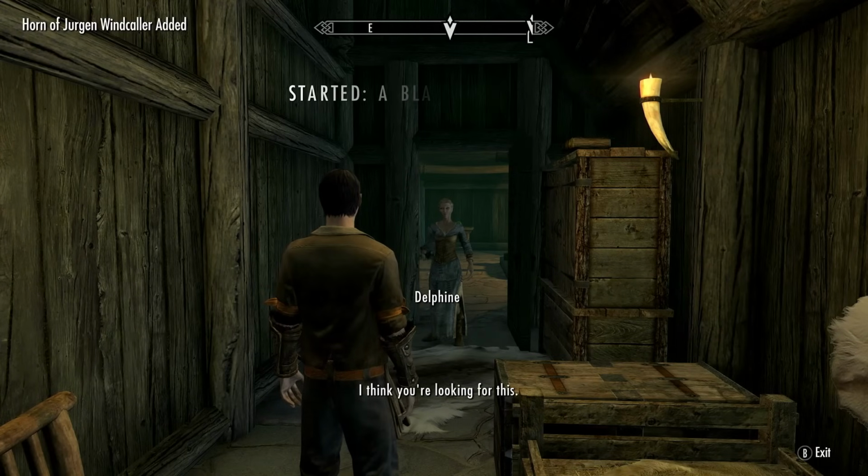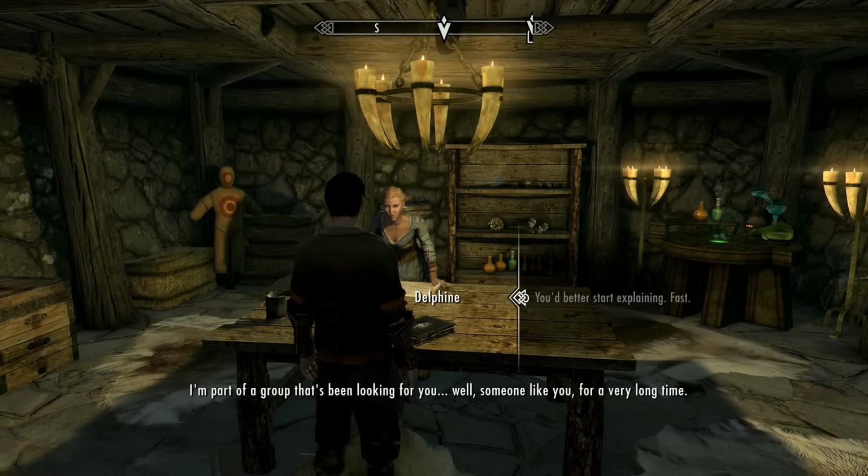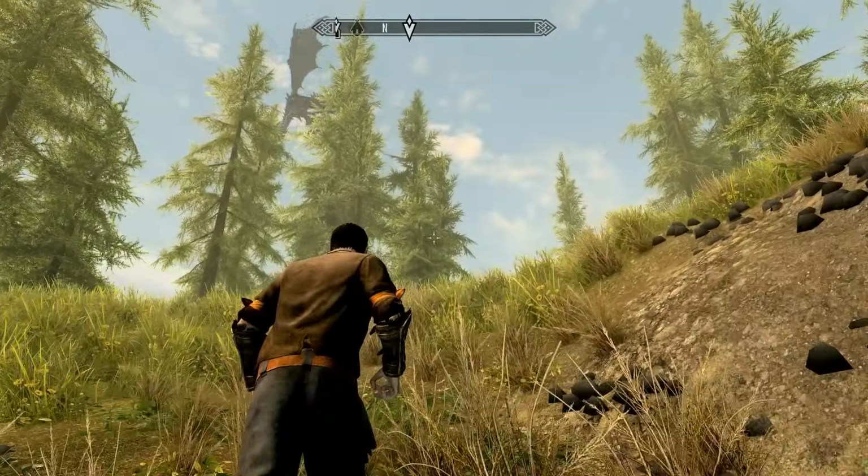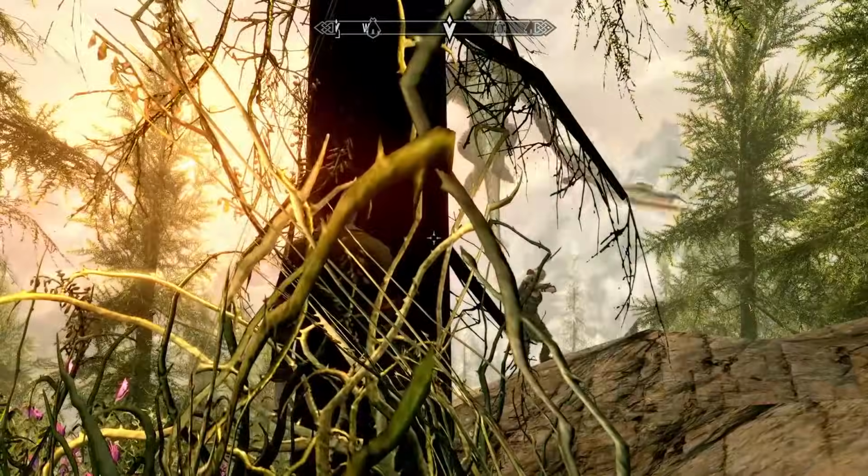After Delphine reveals herself to be not just a thief, but also a dastardly liar to boot, we head to Kynesgrove to deal with another dragon. This fight was an absolute pain in my arse,